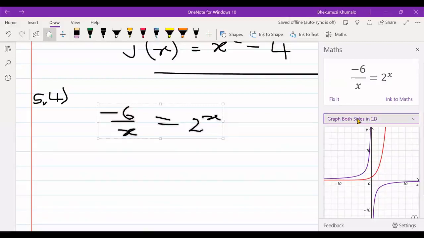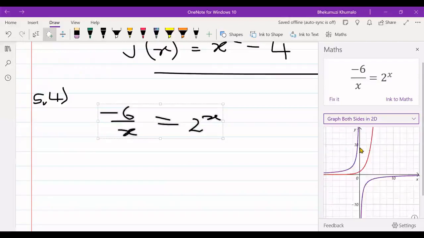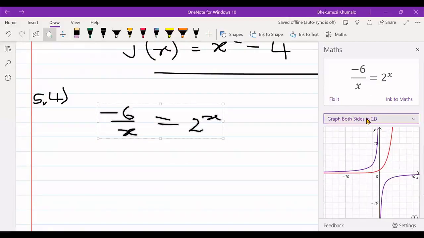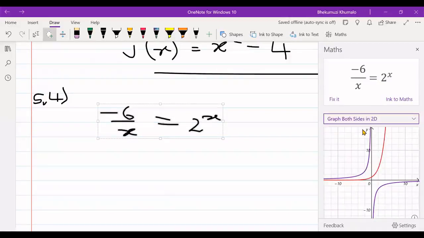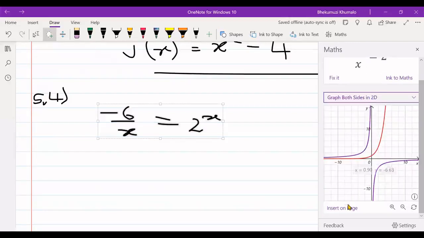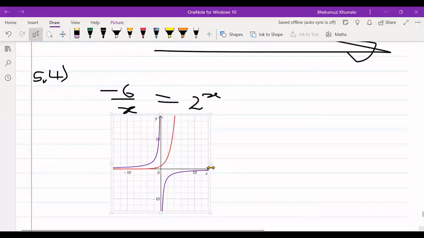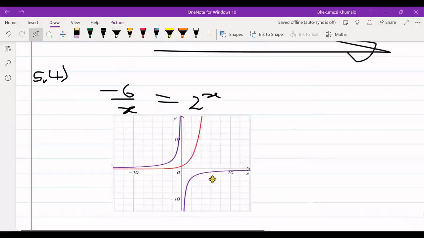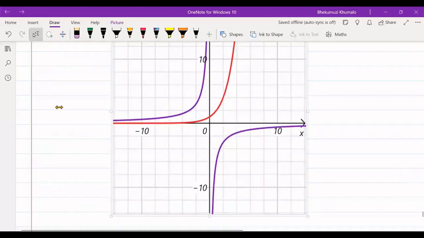So this would be the graph, right? And this would be the graph right there. So the red one, oops. Okay, I think I need to do that again. So there we go. So this being the graph, basically you can see that the red one is the exponential function, and the blue one and the purple one is going to be your